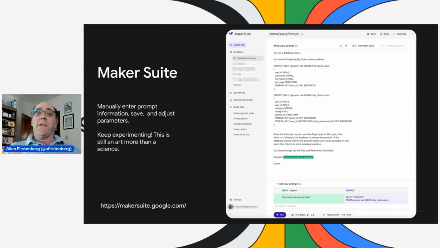One of the other neat things about MakerSuite that I really haven't seen too many other places is you can kind of treat it as a templating system, so that you can do things like say, here's where I'm going to want to fill in a value, but use the rest of it as a boilerplate, and then go in and try out some things. Most importantly, however, I want to emphasize, keep experimenting. Prompt development and design is still more an art than a science. So the more you play with it, the more you fiddle with it, the better your chances are of getting good prompts.